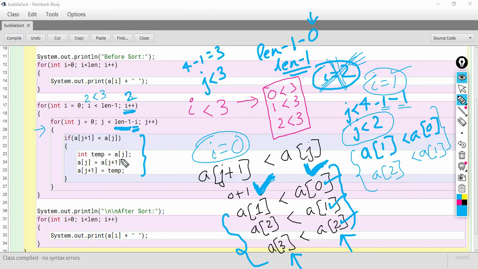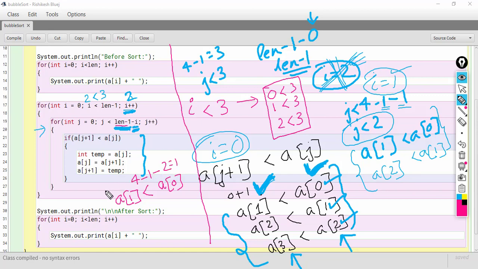So, this time the comparison will happen between a of 0 and a of 1. Because this time the condition is what? len minus 1, 4 minus 1, minus i, and the i value is 2. So, 4 minus 3 is 1.